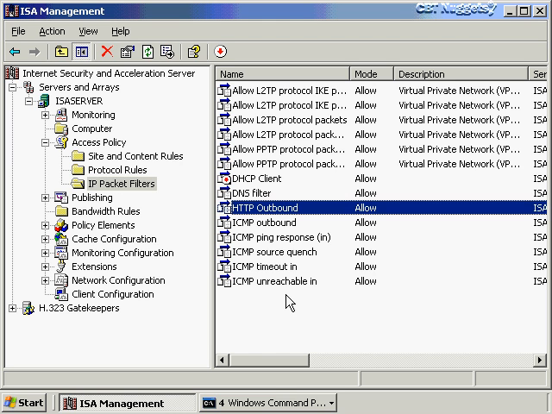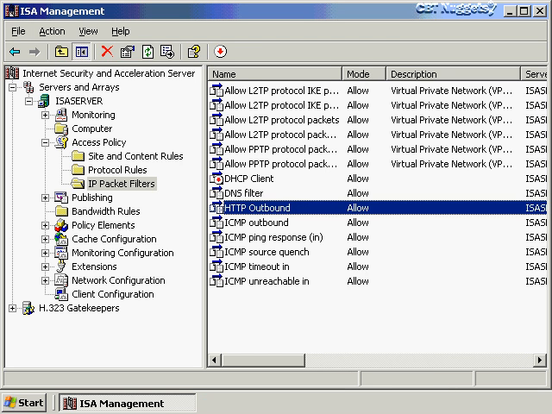Here is a tip for you. When you create packet filters or protocol rules or site and content rules, one thing that you may find, and I have found it especially with packet filters, is that there's about a minute delay before they take effect. As in, if I open a web browser right now and go, I'll probably still be blocked. Microsoft knows about this. They've documented it on their website. It's just a known fact that it takes some time for this to take effect. So I'm going to pause the recording while this takes effect,